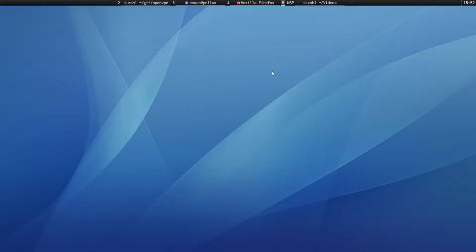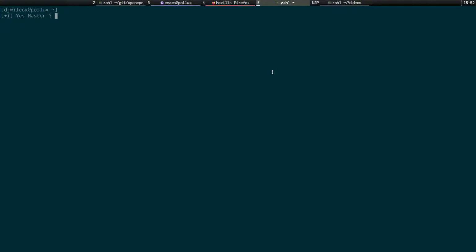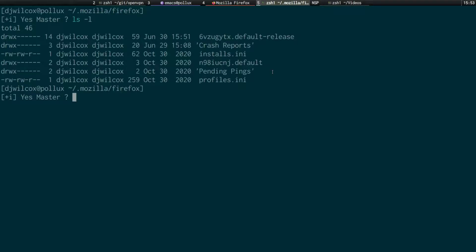I'll show you it manually. Basically, if I just come across here for a second, bear with me. cd .mozilla/firefox. What you'll see here is this directory here, default release, and that's your profile directory. So if I change into here,